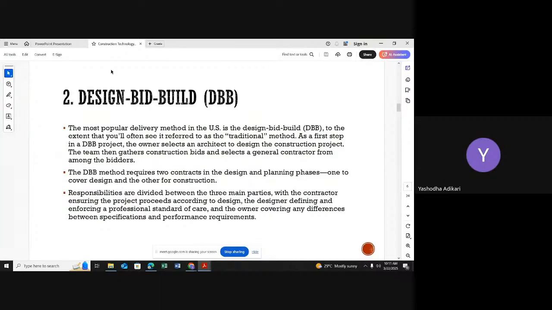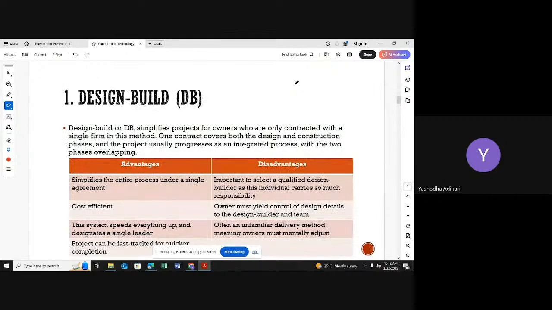Imagine now the design part is being done by A company. B company is responsible for the construction part. There is a person as client between these two companies. The design team does the design on its own, and then that is used to prepare the contract. Can you understand? There is no interconnection between the design team and the contractor team. But here, all things are done by the same company. There is an interconnection. Take it as two divisions of the same company, the design division and the construction division. They have interconnection. They all are working under the same company.